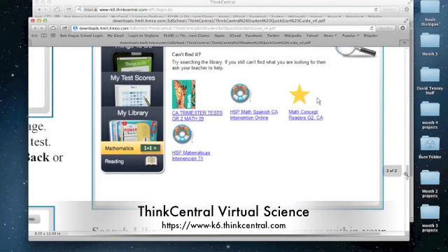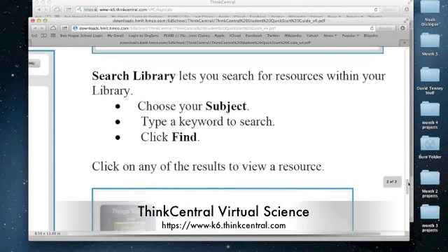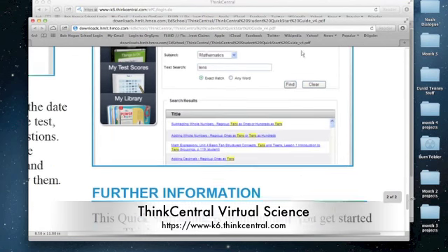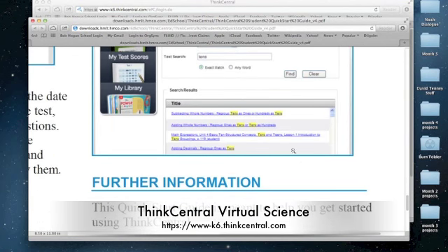In their library, the teacher will set up different things that the student, or your child, may want to look at. I might set up a Spanish textbook. I might set up an area where they can do additional science investigations online, something where I can have reading assignments as well. And then those will be listed